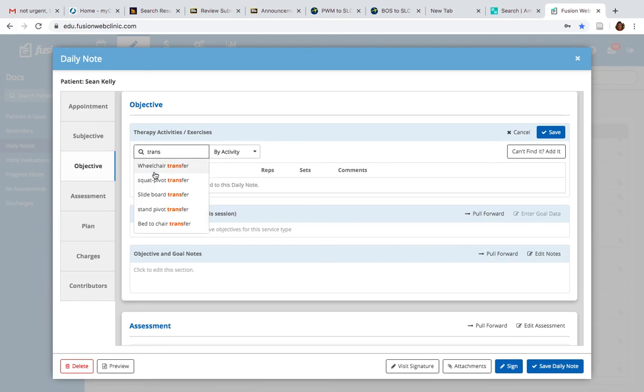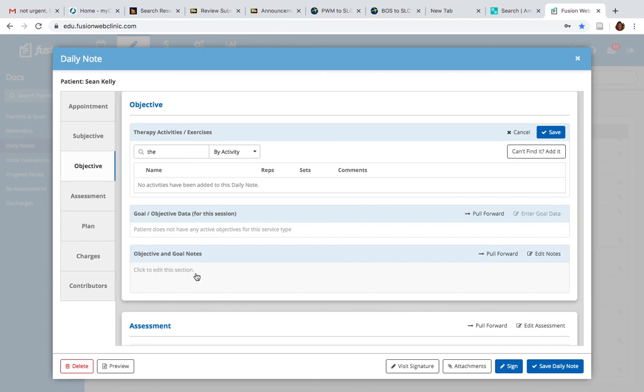Like we could talk about, maybe we did some wheelchair transfers or stand to pivot transfers, bed to chair transfers. Maybe we worked on some kind of therapeutic activity in general, or maybe you did some kind of modalities with them, therapy. Either way, you don't have to get as detailed in this, and maybe you can't find the activity that you're even looking for. If you can't find exactly what you're looking for, there's this general section down here, goals and